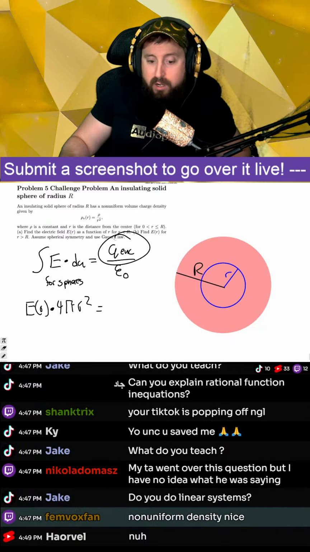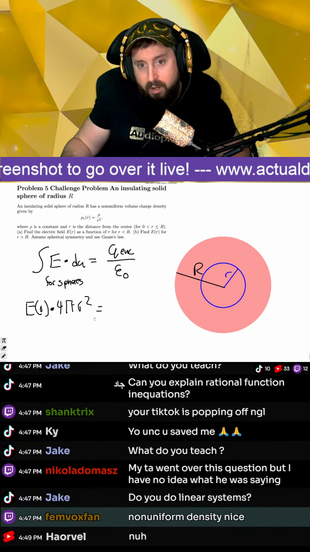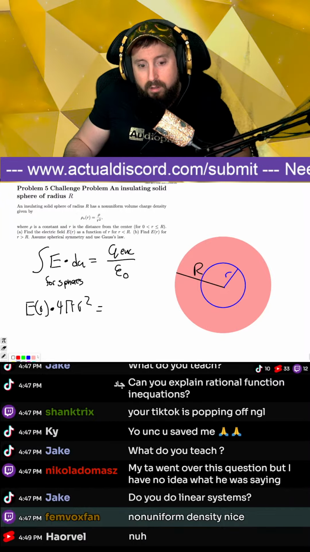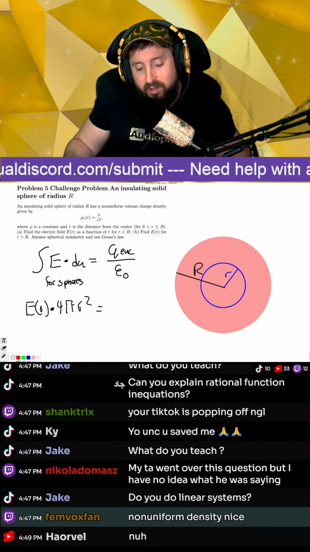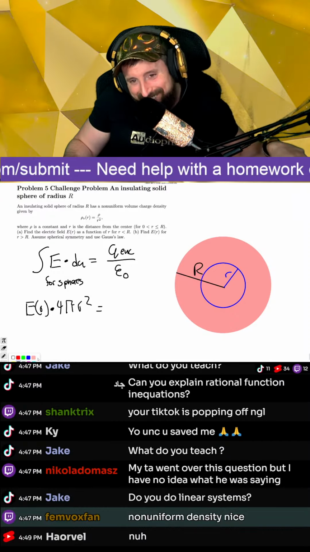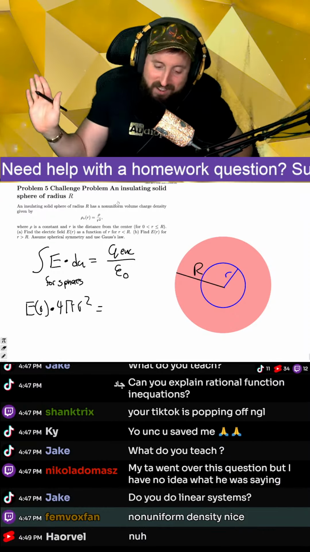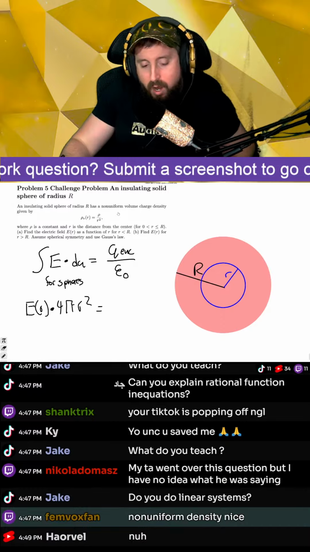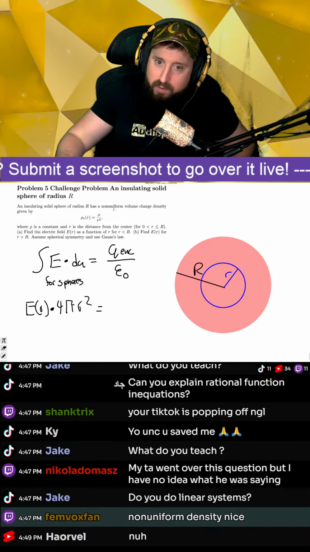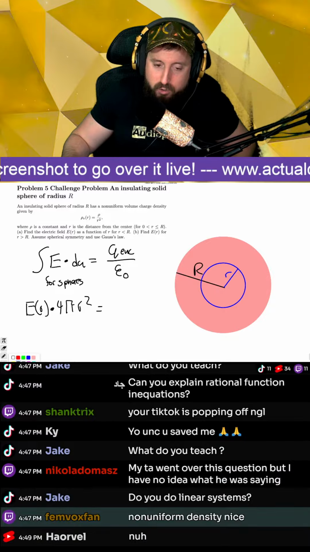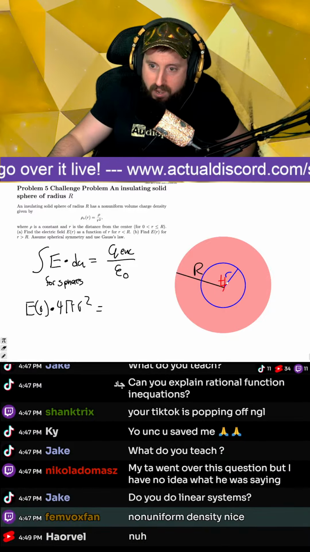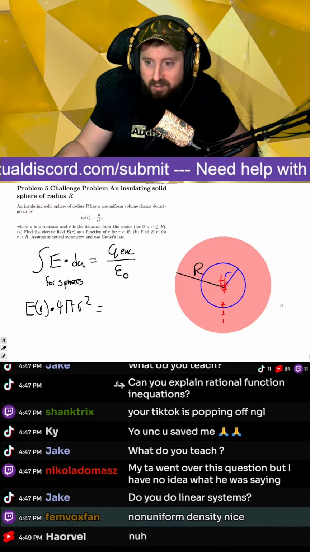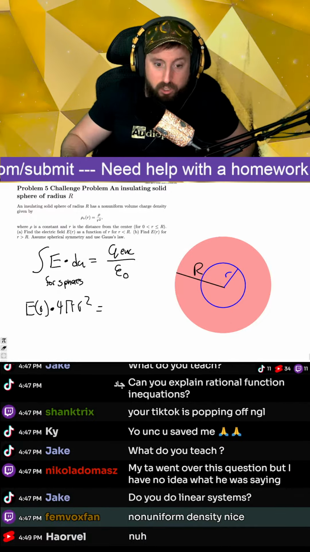Now, to figure out Q enclosed, this is a little trickier. So Q enclosed... Oh, man, this does suck, because it's non-uniform. Non-uniform means the density is changing. In this case, the amount of charge is a lot at the center, and it's less as you go further out. This is a pain, because usually to figure out charge enclosed,